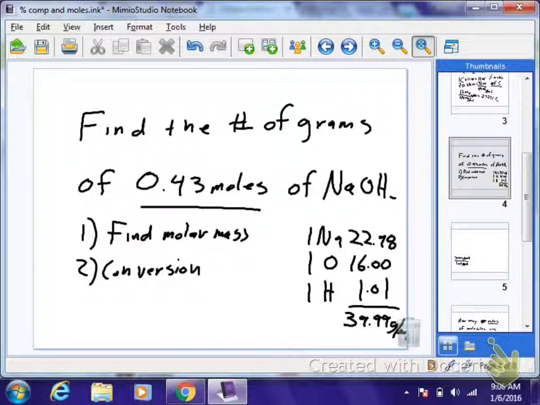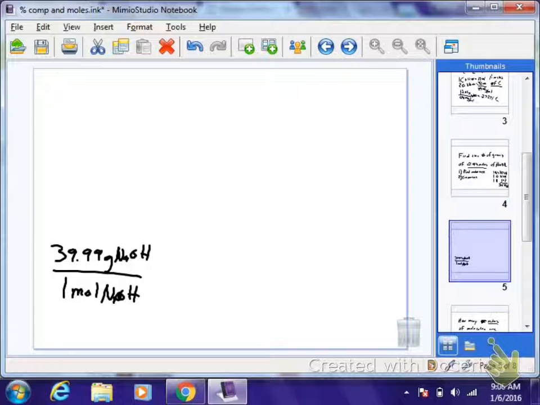And in here it says 22.99 per mole. Okay, if it said 22.99, then it would be 40.00. Right? So this is your ratio. This is what you use to solve the problem. Okay? So, we have